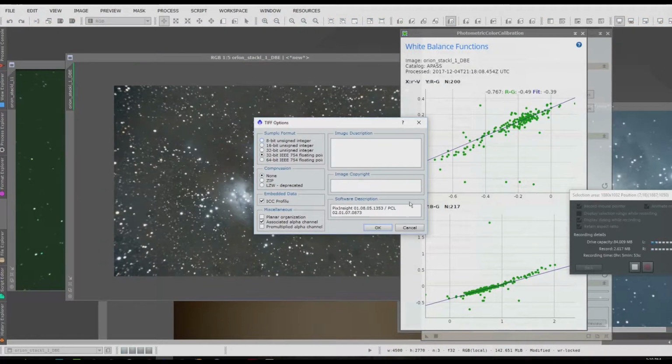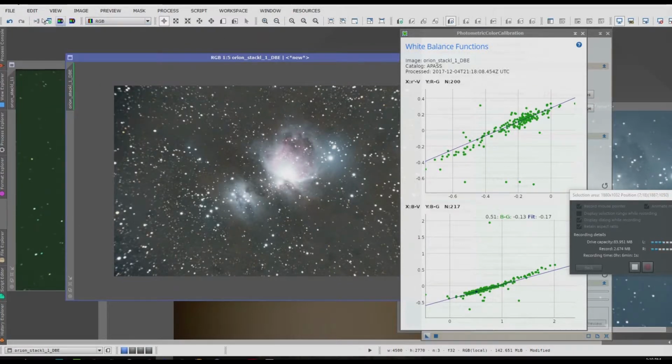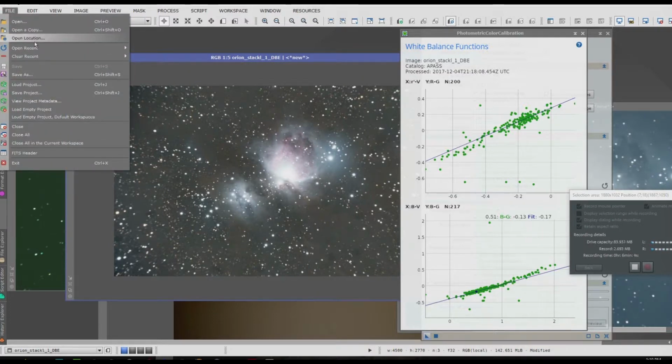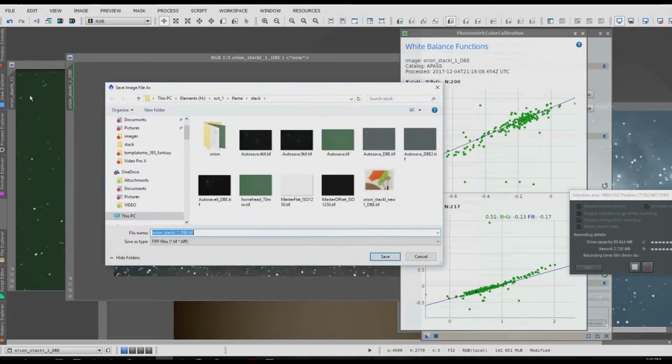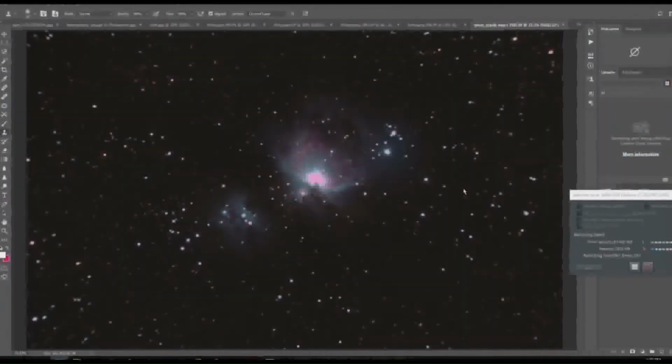Okay. And then to open the export, I'm just going to do something really simple. I'm going to go File, Save As. I'm going to find it. And what do we call that? New. These are all my other copies of rendering this. Let's see. New. Where is it? There it is. I'm just going to right click on it. I'm going to open with Adobe, and here it is. And now I'm going to open it in RAW,